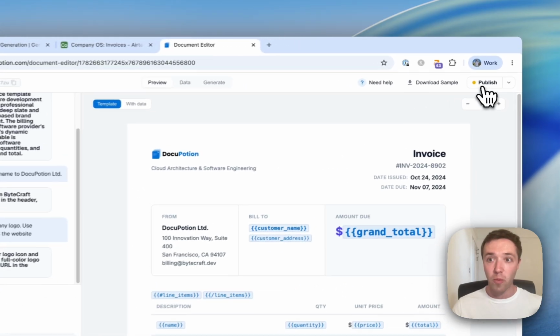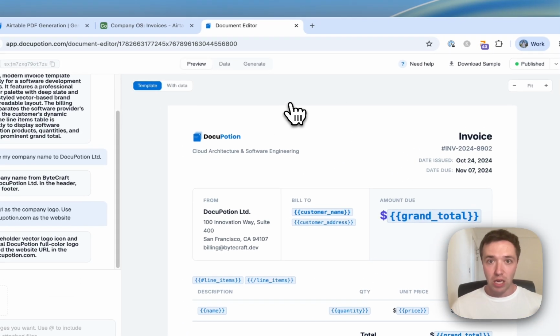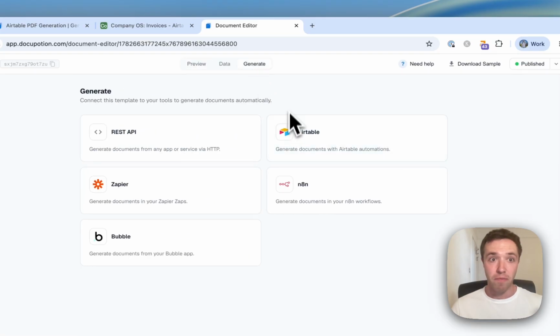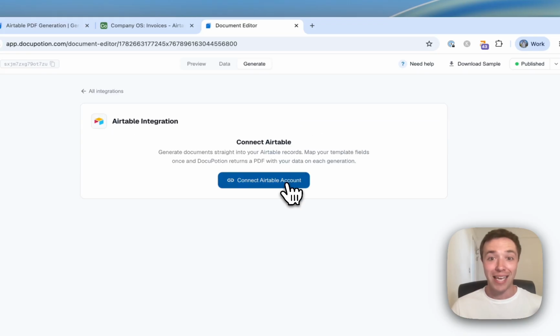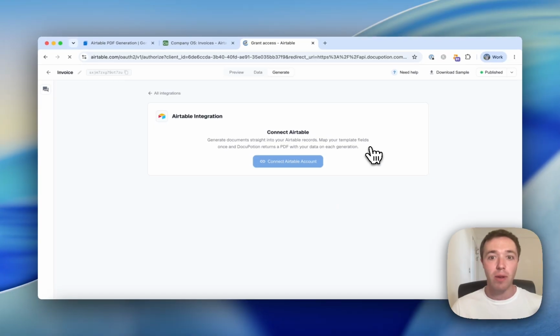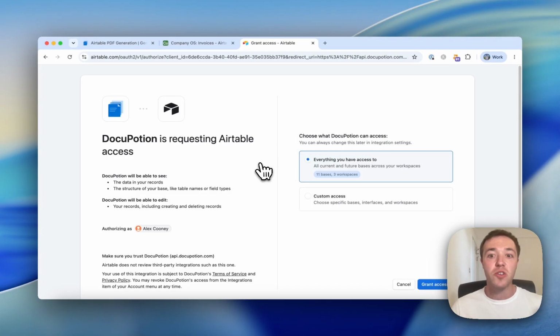So I'm going to click publish. That's going to make this active. I'm then going to go to the generate tab, and you'll see here we have a couple of ways to generate our PDFs. I'm going to go with Airtable, and I'm going to be asked to connect my Airtable account. Once I click on this connect Airtable account button, I'm going to be brought to the screen here, and I